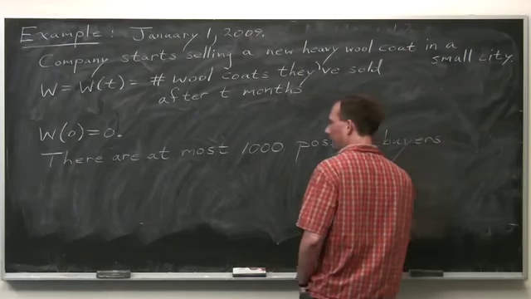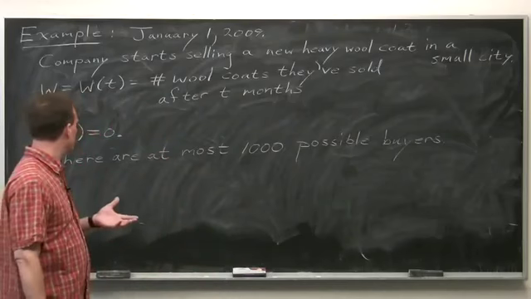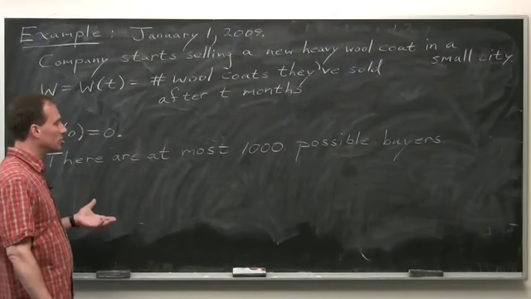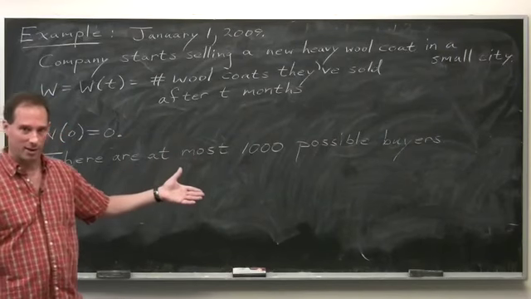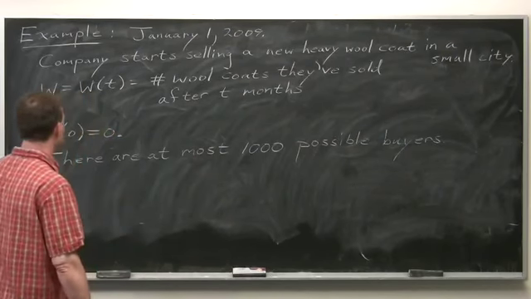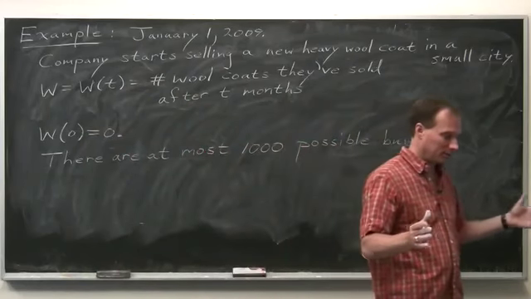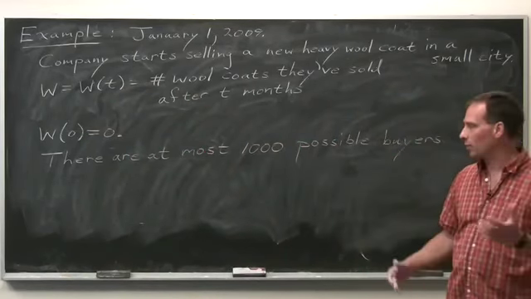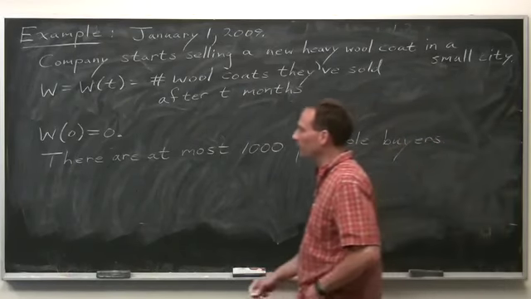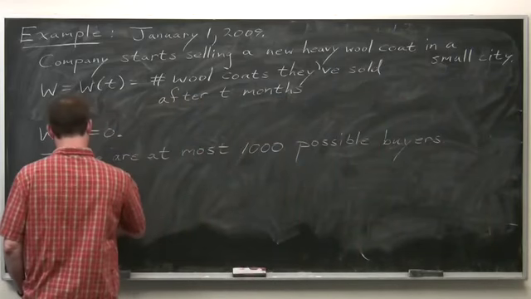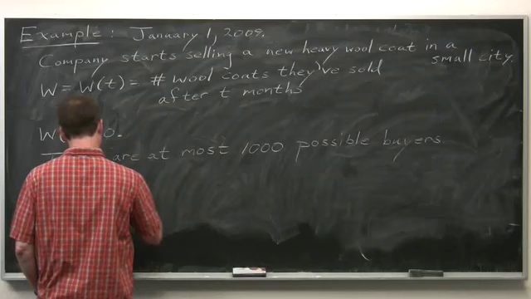And that at a given point in time, the rate of change in the number of coats that they've sold is proportional to the number of these possible buyers who have not yet bought one. So that if there are twice as many people who haven't bought one, then the rate at which people buy them is twice as great as it would be otherwise. So what this says is